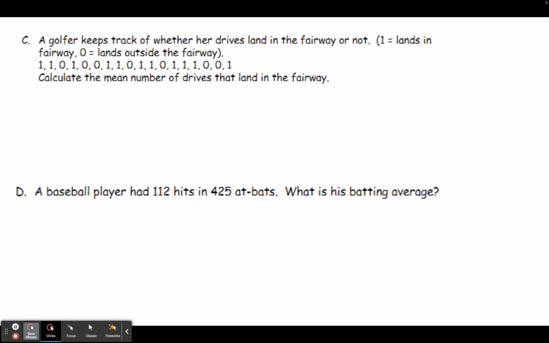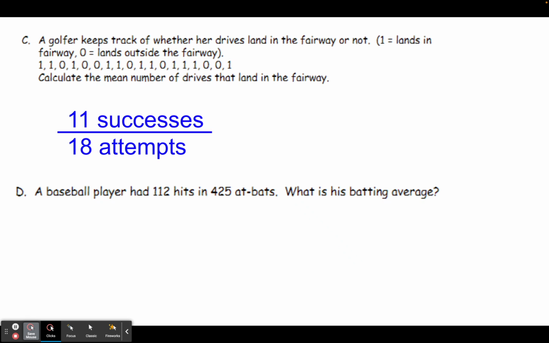Letter C, a golfer keeps track of whether her drives land in the fairway or not. Here we're recording 1 as it lands in the fairway and 0 as it does not. Calculate the mean number of drives that land in the fairway. So here we're going to consider each time the ball lands in the fairway as a success. And I count up all those ones. There are 11 of them. I could also add 1 plus 1 plus 0 plus 1, etc. Anyway, we get 11 successes. And the golfer had a total of 18 attempts at the fairway because there are 18 numbers in that list. So 11 successes out of 18 attempts gives us